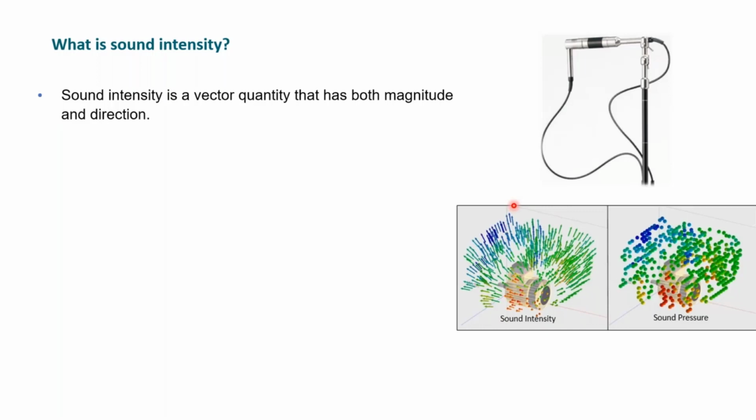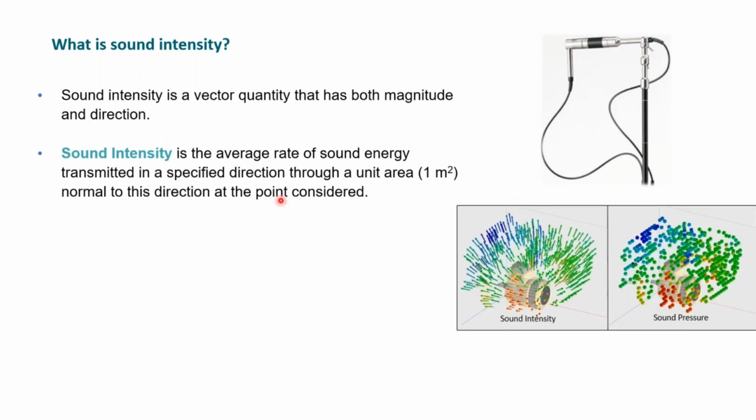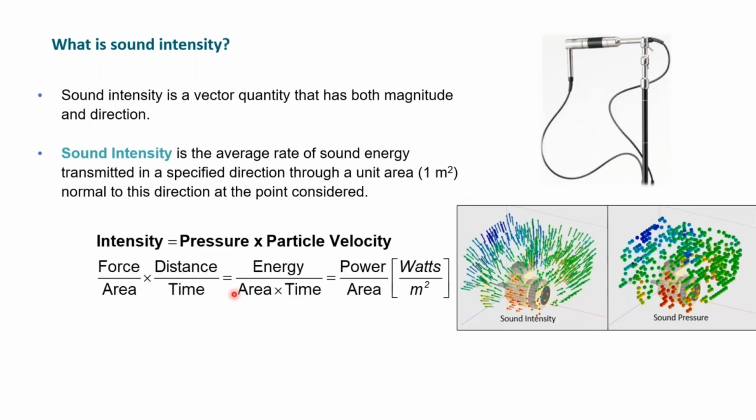If you're trying to quiet a noise source, but you need to figure out how it's actually getting out into the world to be heard, sound intensity might be a really nice measurement for you. It's technically defined as the average rate of sound energy in an area. If you do the calculation, it's watts per meter squared, the energy over an entire area. So when we do our intensity measurements later in this demo, hopefully if everything goes well, you'll see that we're measuring over little specific area blocks, which is typically how sound intensity measurements are done.